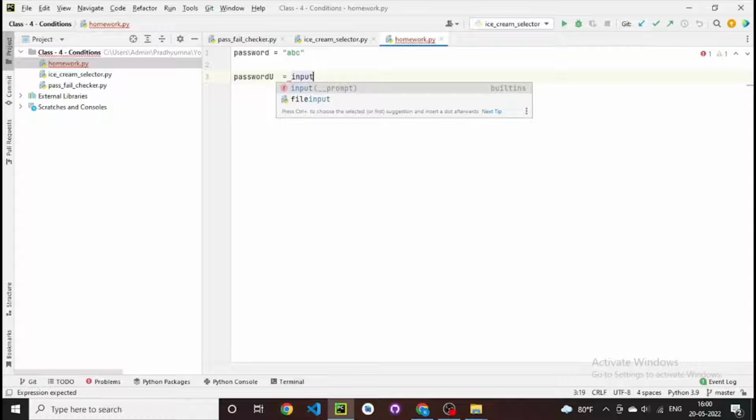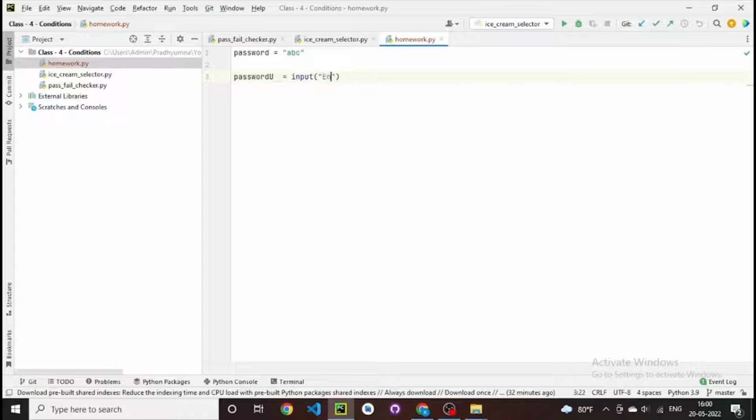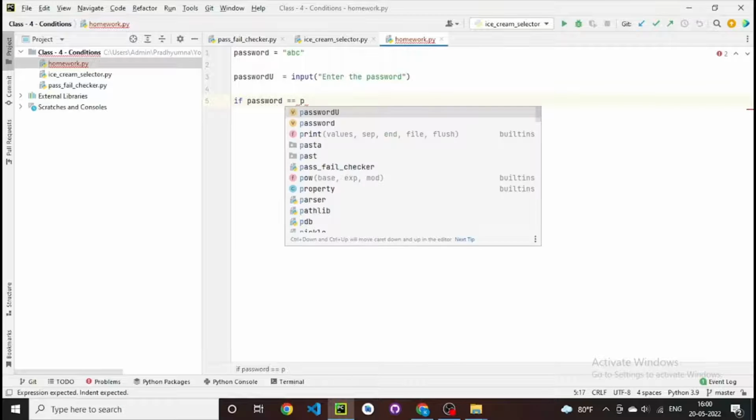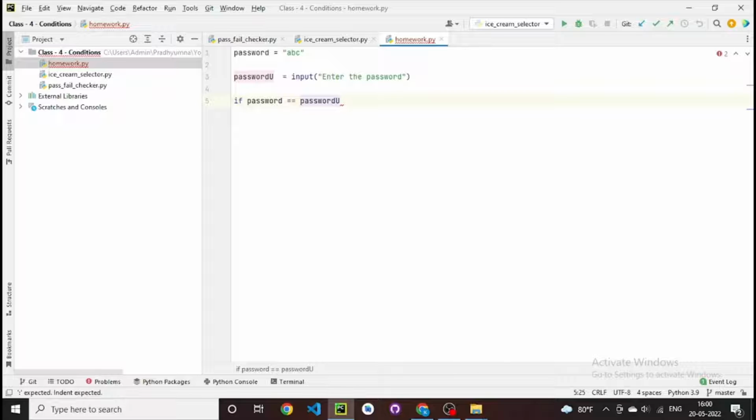So we'll take the input from the user, enter the password. So after he enters the password, we have to check if the password is correct. So if we have to check if the password is correct, we have to check if the password is equal to password u. So this will check if our password which is there is the same as the password which is given by the user, and if it's true, it will just say